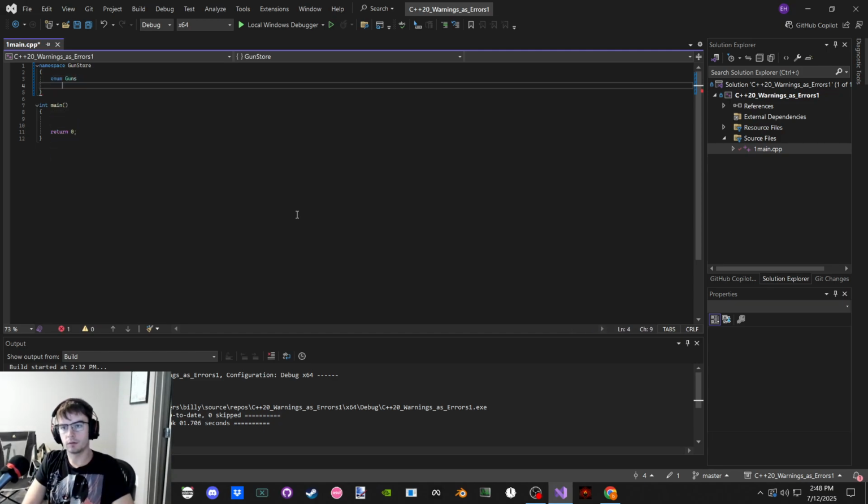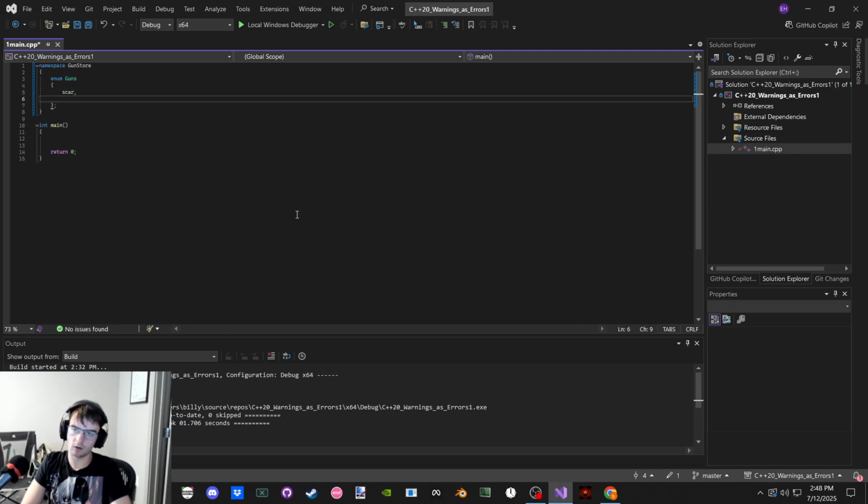Enum guns. Scar. HK 416. Okay, that's it. You only get 2 options, buddy. And then you get